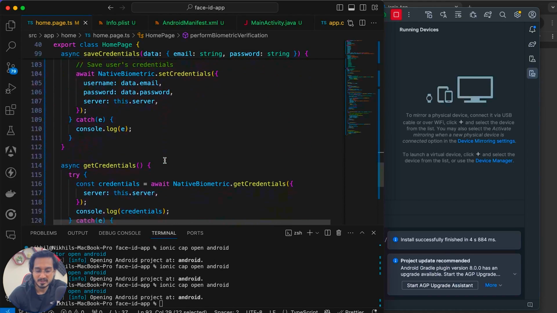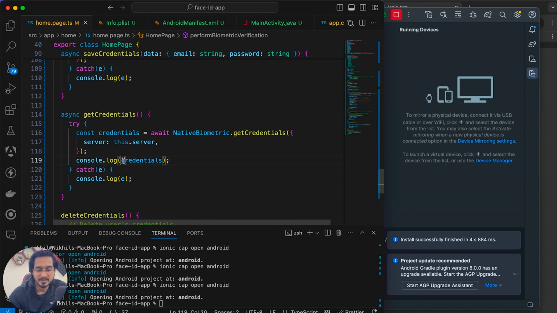As soon as the verification is done, I'm catching the result in my get credentials function. In this one I will get back all the credentials that were there, that means the username and the password. That's what you are getting here. So it is working perfectly for our Android device. It's time to test for